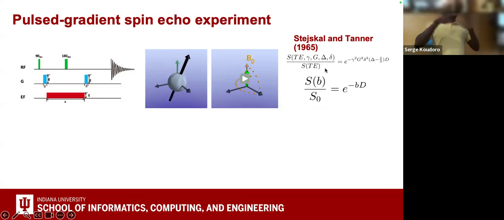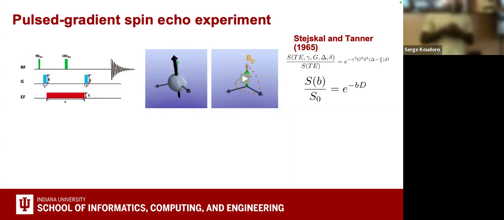So all these acquisition parameters that you have are what we call here represented by the B value. We will hear a lot about the B value in diffusion MRI. And here, S0 is our signal at state 0. So when you do nothing, you have your S0, then you have your SB when you apply a specific gradient,